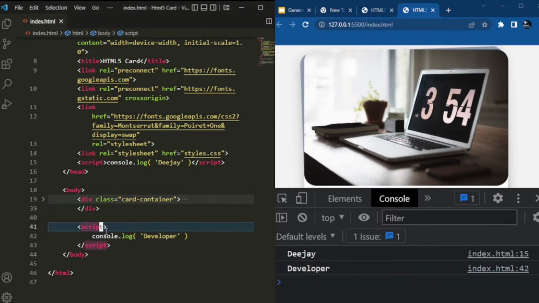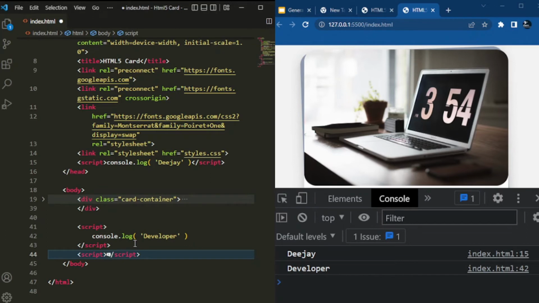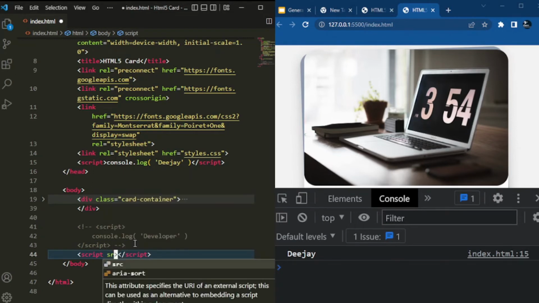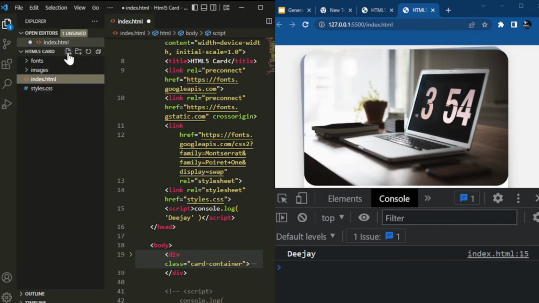Another way we fit add JavaScript, now say we want add an external JavaScript. So we go say for inside here, we want make an external JavaScript file. So we go say we want add script, and inside the script tag where we get for here, make a comment this one come out. We go say, okay, we want add the source of the script, now the SRC. And this SRC now when we want add, now here we go come add the path to the file of the JavaScript. Make we create that file. So I go come here, click here, this new file. Click that. As you don click on, make we create our JavaScript. So I go just call them